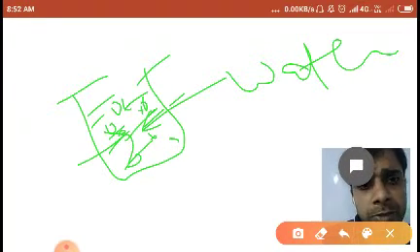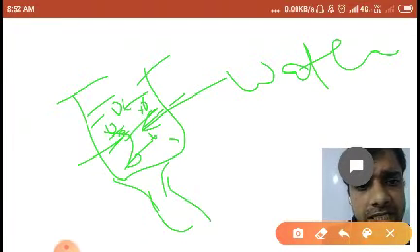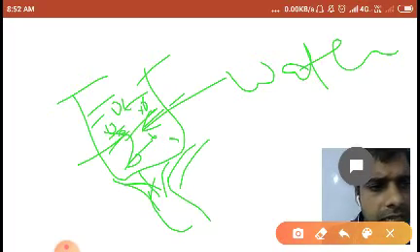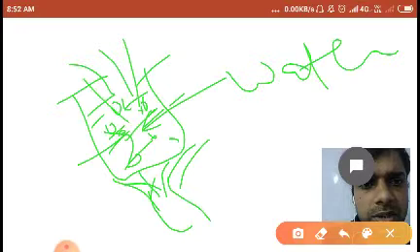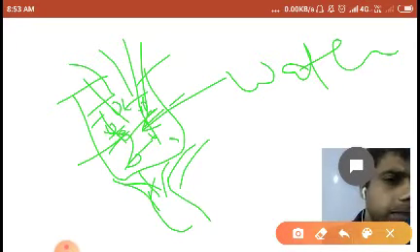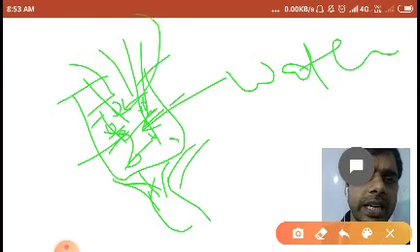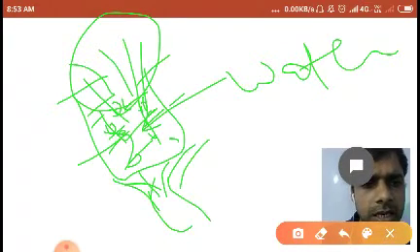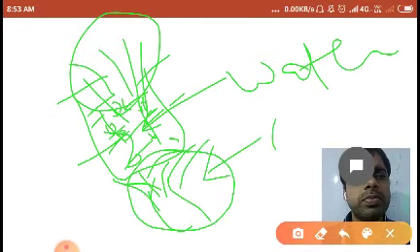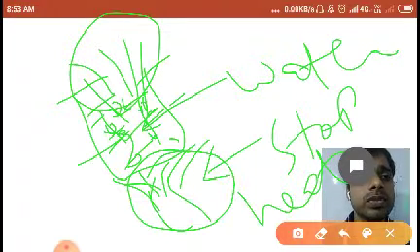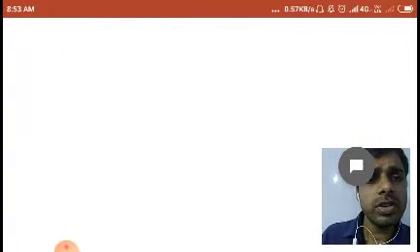Now what will you see if I start heating? The interparticle space will widen, and you can add more solute into this one. Till there, no problem. More solute you can add into that one. Now stop heating, stop applying heat to this one. What will you see in that case?